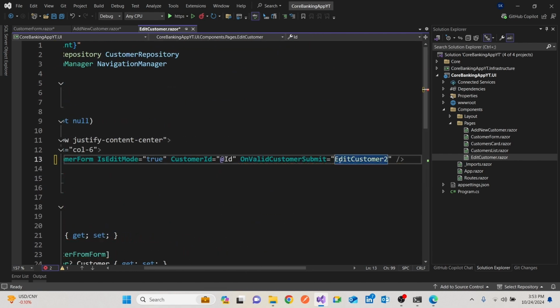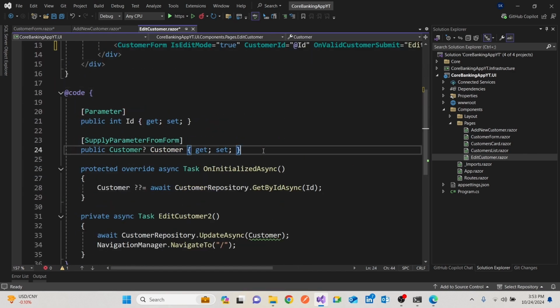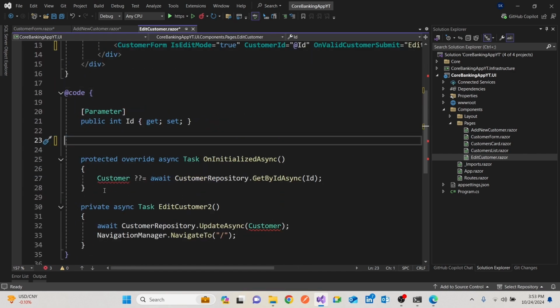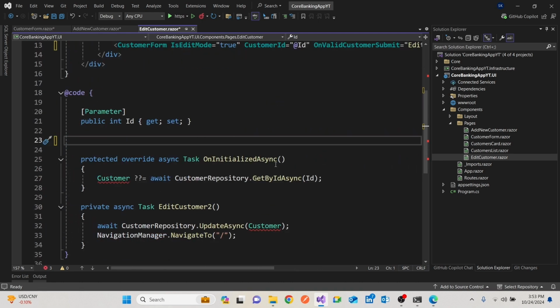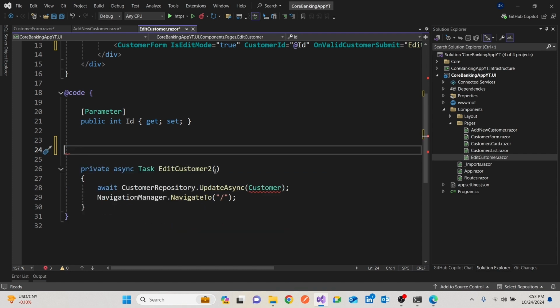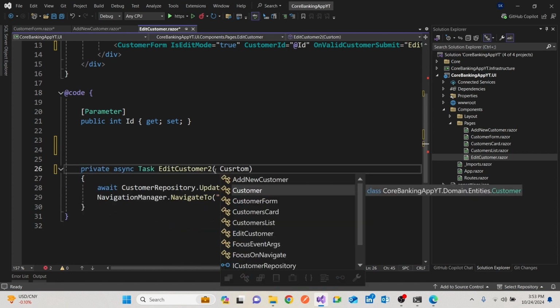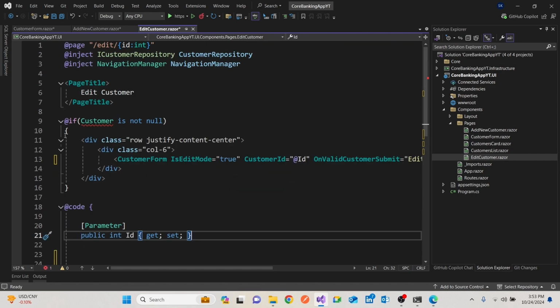We could remove the 2, but okay, it's fine. So it means we won't need things from the parameter. And since we are sending it, there's no need for us to also wait on initialized. All we can do here is give it the customer and say customer, which we can throw over there. We don't need to check